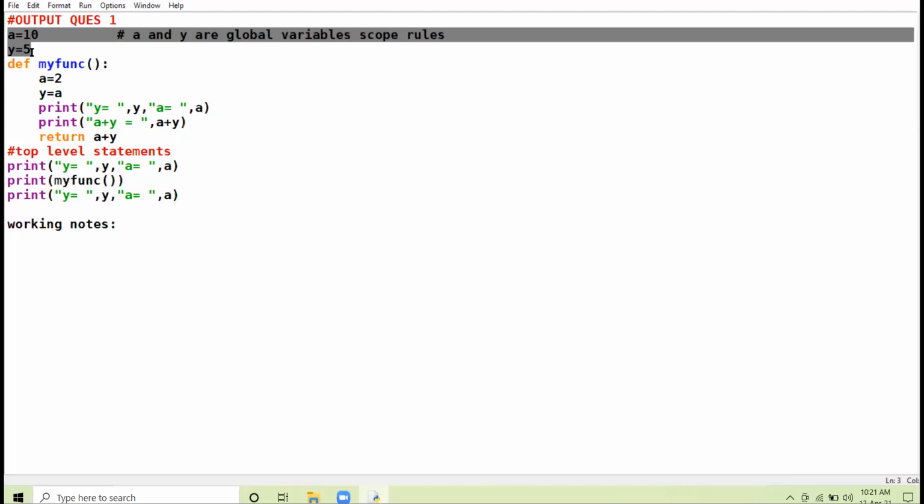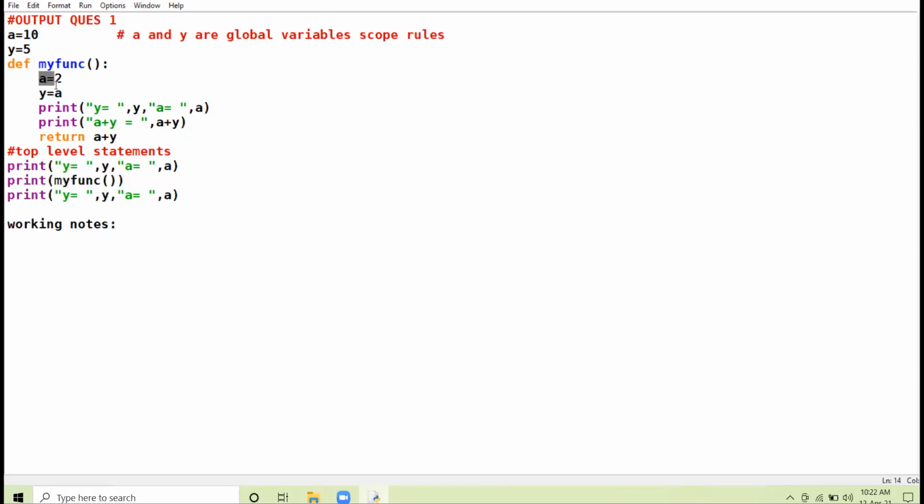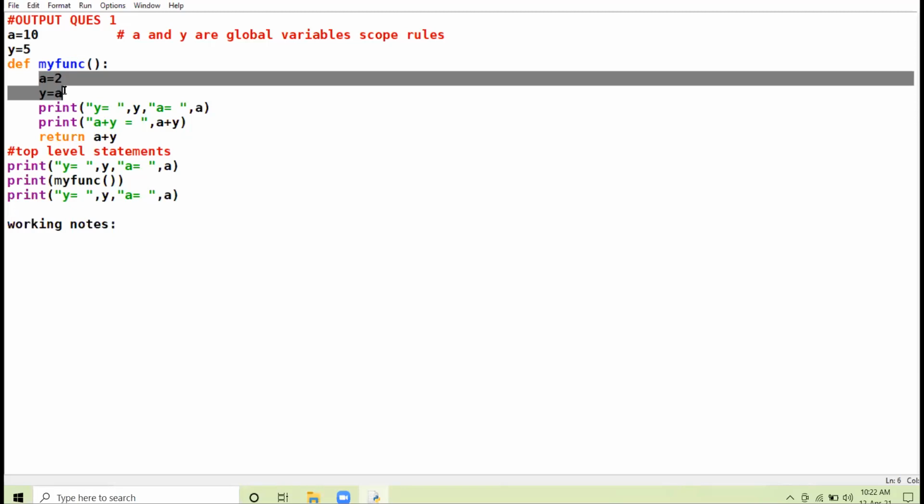Or you can say these two variables have been declared in the top level statement environment. So the variables which are declared in the top level statement, they are called global variables. And the variables which are defined inside the function, they are called local variables.